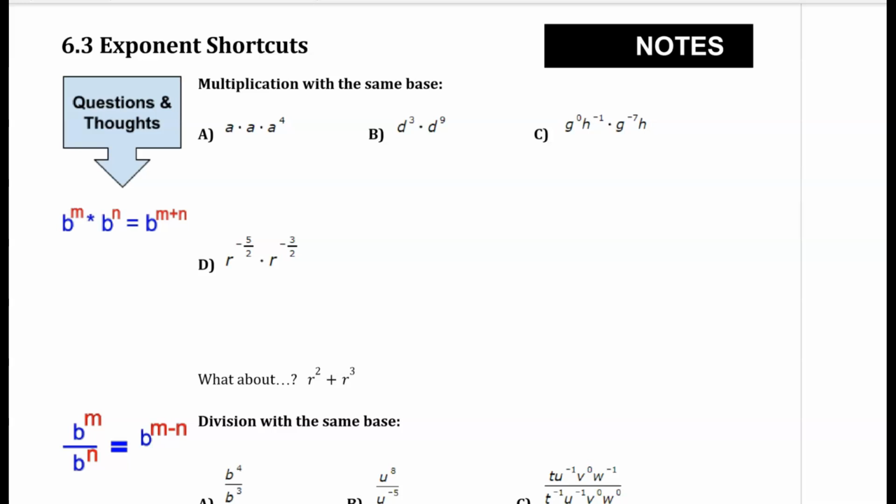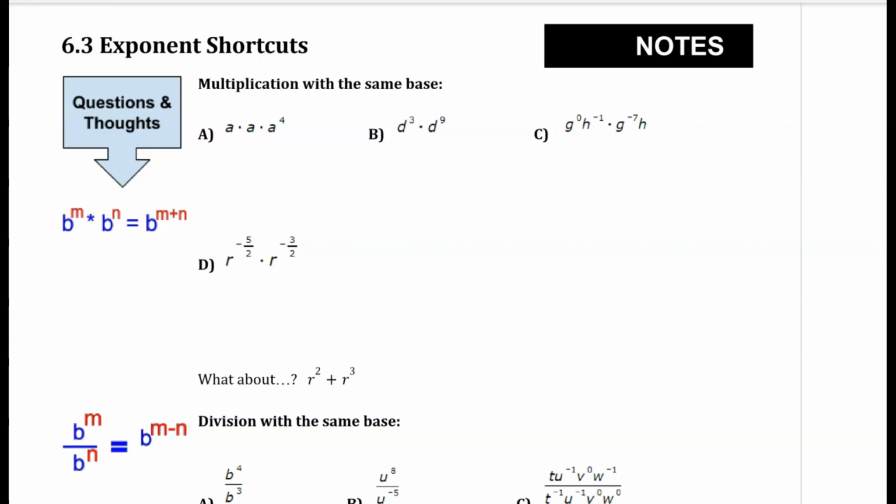Hopefully you recognized some patterns when you were working through the problems in our last lesson that will help you make sense of the exponent shortcuts that we're going to take a look at in lesson 6.3. Remember that exponents represent repeated multiplication or repeated division. So if I look at the first example, I could think about this the way we did in the last